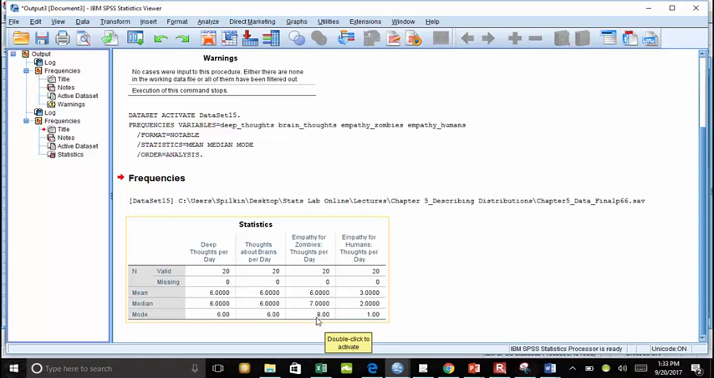In this case, this would be a negatively skewed distribution where most of our scores are high, 8 or above, and we probably have a few low scores that are